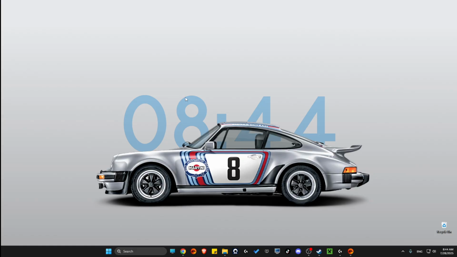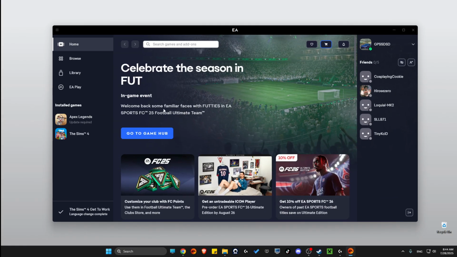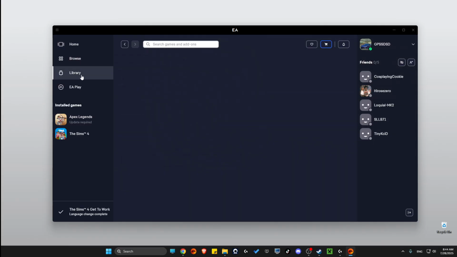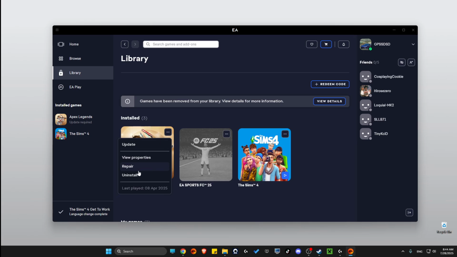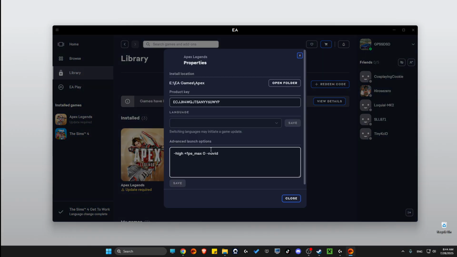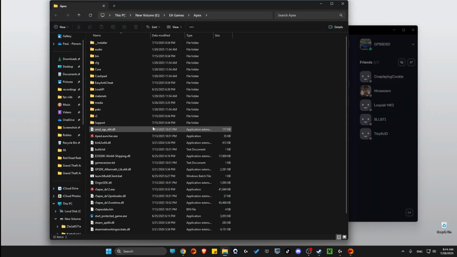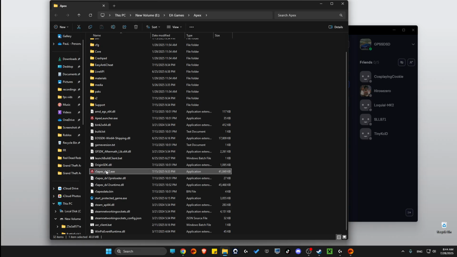problem, right? Second thing, what I suggest to do here is to open up your basically client, go to library, and then press on the three dots, and then repair game. It should be something similar to Steam as well. Then what we need to do here is to press view properties, open folder, then look for R5 exe file